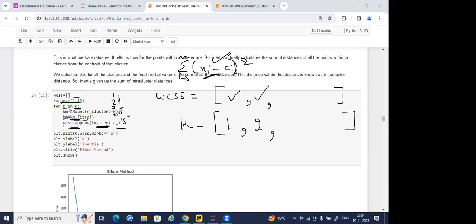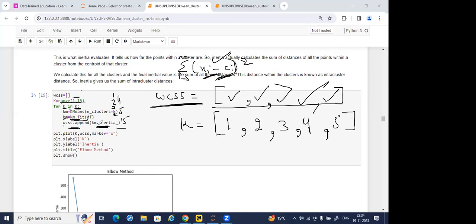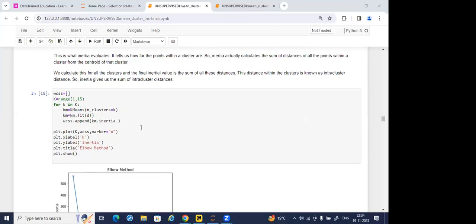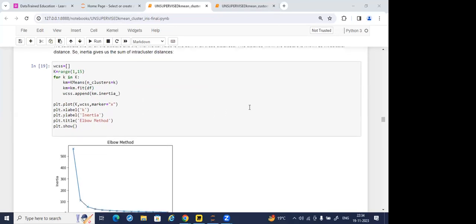Then 3 numbers of cluster will be there. So this code will be calculating the inertia, but with 3 numbers of clusters. So with 3 number of K, the new WCSS will be created. So this will be calculated every time. Then 4 number of clusters, so the new value. Then 5th number of clusters, so the new value. So this WCSS blank list will be filled up with different inertia levels here. Once we have this entire data, what we'll do is plot